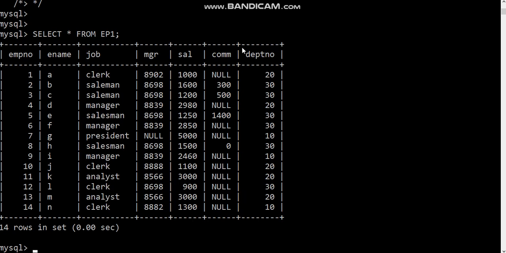So we should use department number, or we can use job also, because in job we can see there are 2-3 clerks. This N is a clerk, L is a clerk, and A is a clerk. Salesmen are also there, managers are also there. So job and department number, these 2 fields are suitable for executing the group by query.